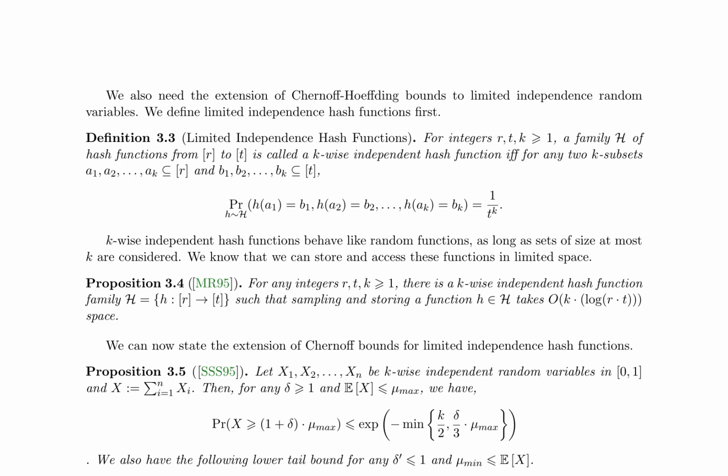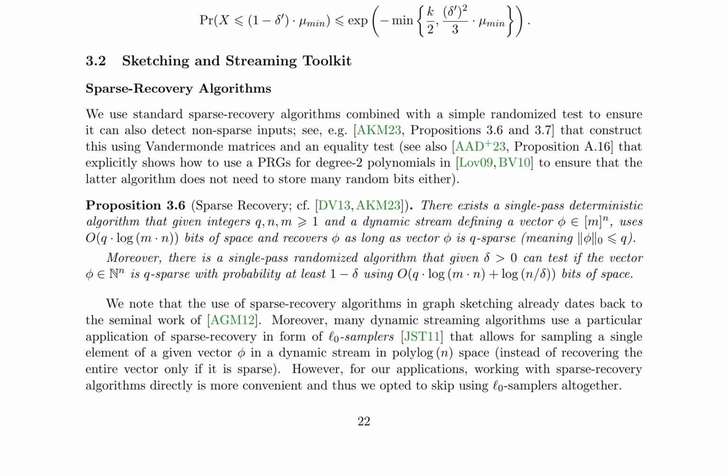The paper also explores the use of sparse recovery algorithms in graph sketching, introducing notation and definitions, including graph concepts and fractional matching. The authors discuss concentration inequalities, limited independence hash functions, and sparse recovery algorithms, providing a detailed description of their space complexity and probability of success. They note the application of sparse recovery algorithms in graph sketching, dating back to [AGM12], and provide a comprehensive toolkit for practitioners, including algorithm descriptions, space complexity, and probability of success. The results have implications for graph sketching, enabling the recovery of sparse vectors from dynamic streams.